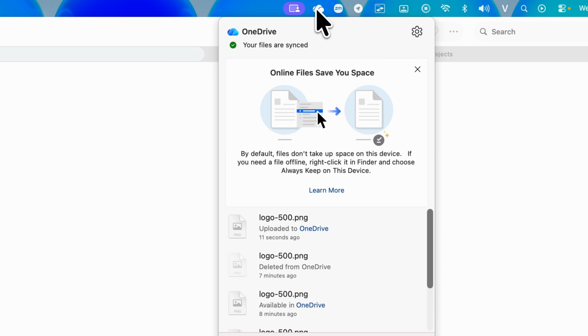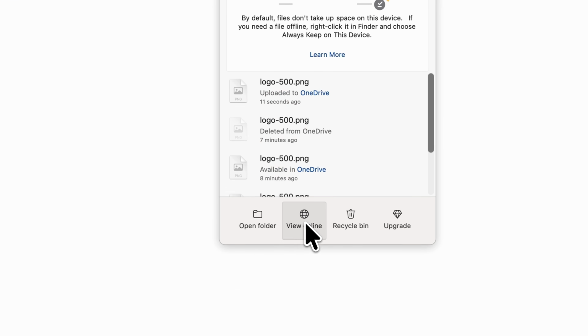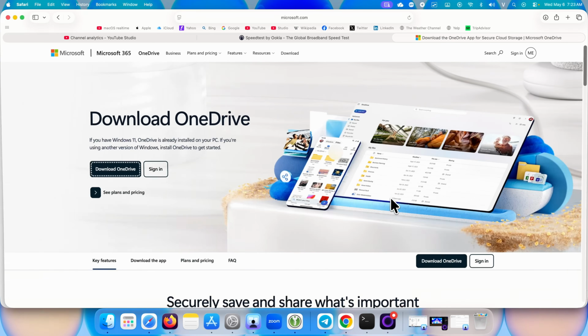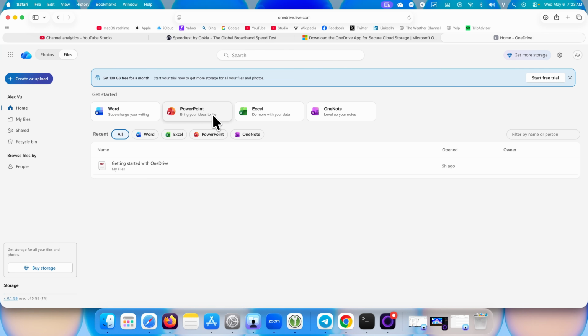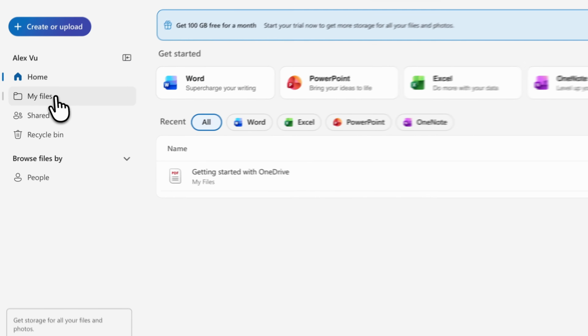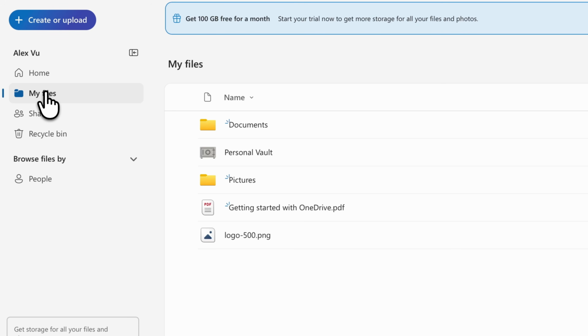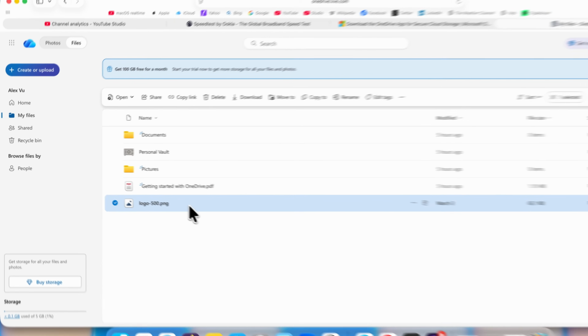Let's head back to the OneDrive app menu. Now that you've added some data, you can click on View Online. Your browser will pop up and take you to onedrive.live.com. If you switch over to My Files, you'll see that the files, like my logo file right here, have successfully